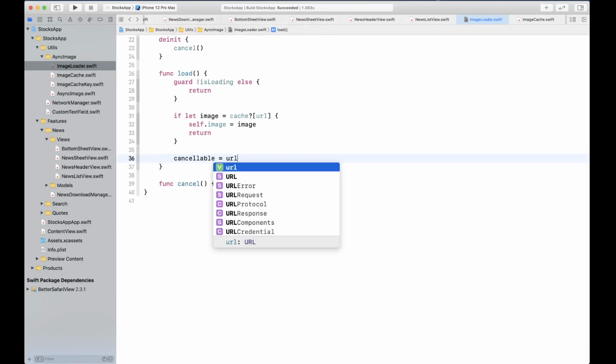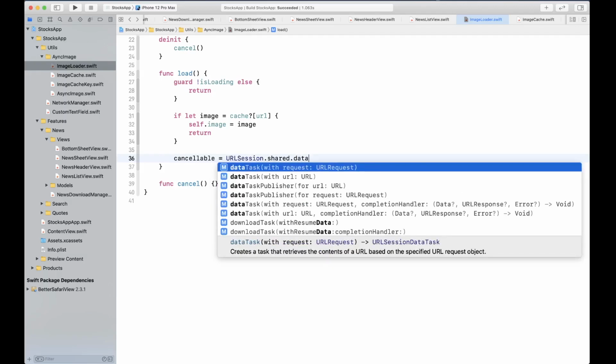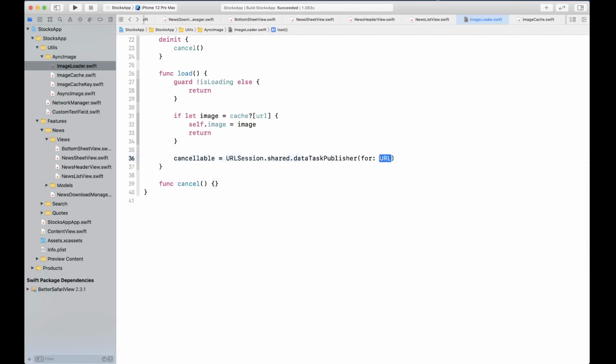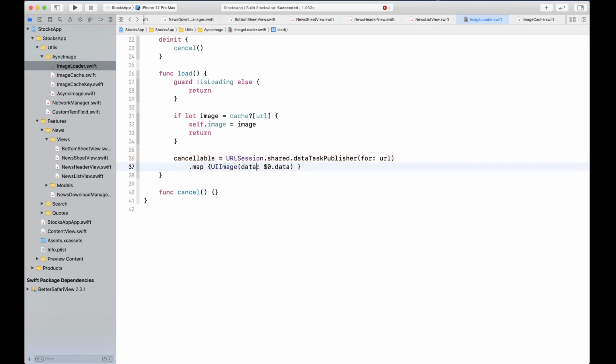Otherwise, create a URLSession.shared.dataTaskPublisher for the URL that's been given to us. Now we're going to create a map on this for UIImage, and we're going to use the first parameter .data to retrieve the value that we have received out of the URLSession data task.